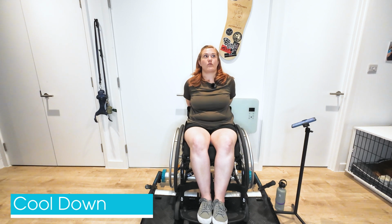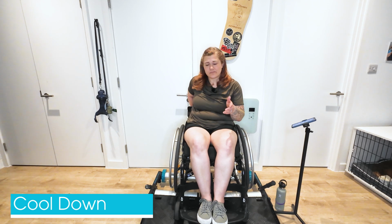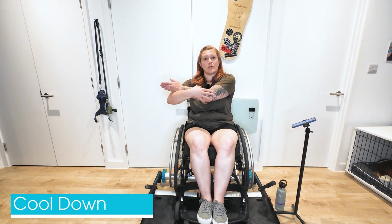And instead of thinking of thrusting your chest forward, just think of pulling your shoulder blades together. Stretching across the front of the body. Releasing that. Tricep stretch. You can always do a tricep stretch across the body